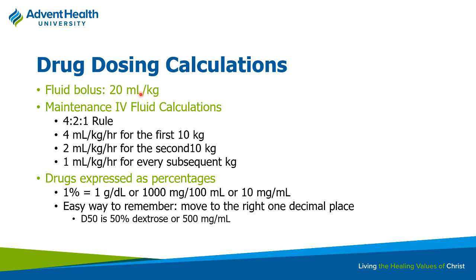It's about 125 mLs an hour, but you can still use a 4-2-1 rule for adults, and you'll still get pretty close to that for the most part. Keep in mind, if you ever see drugs being expressed as percentages, what that actually means. So for instance, if you see like a lidocaine 1%, basically what that means is 1 gram per 100 mLs,